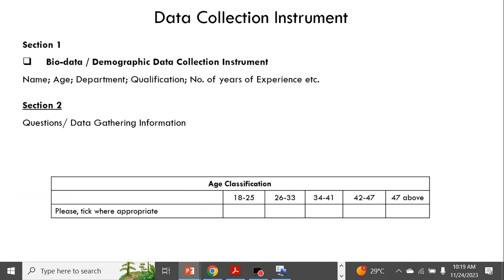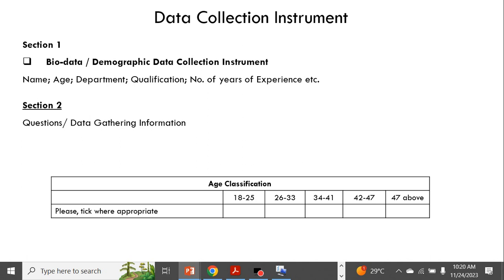Now, going forward, we want to look at the data collection instrument that would inform how our data based on the formulated topic would be extracted.